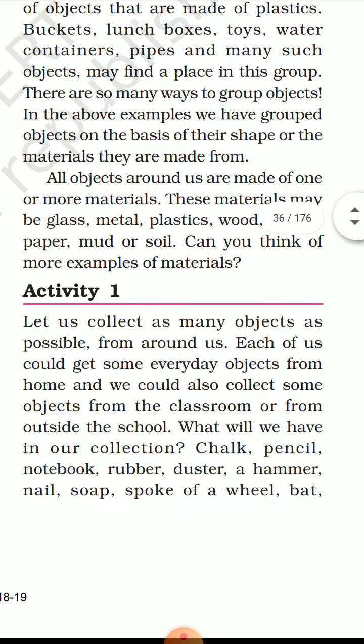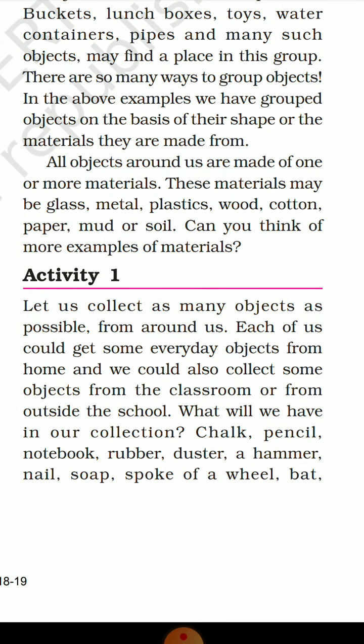Now you can see in your NCERT book, page number 1, activity 1 is given. Now what is given in activity 1? You all have to do activity 1 in your file paper. Beta, remember we have done so many activities up till now in chapter 3. Similarly, we have to do this activity from chapter number 4.